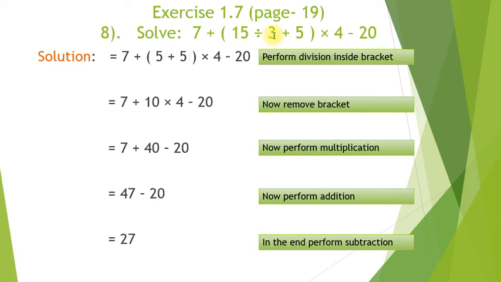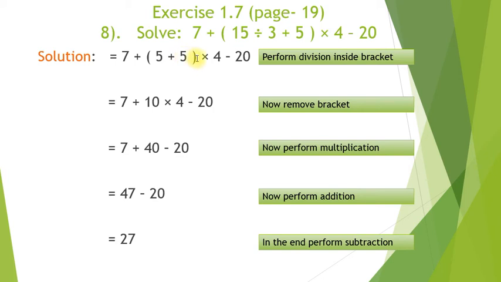When you divide 15 by 3, we get 5, because 3 5s are 15. So we get 5 over here, and then plus 5 we copy from the upper value. The bracket is still closed because we have not solved all these operations at a time. We will solve step by step. So first we solve 15 divided by 3, then we will solve 5 plus 5. If one operation is left inside the bracket, then the bracket can be opened by applying the operation of that last one. So now we get 5 plus 5.